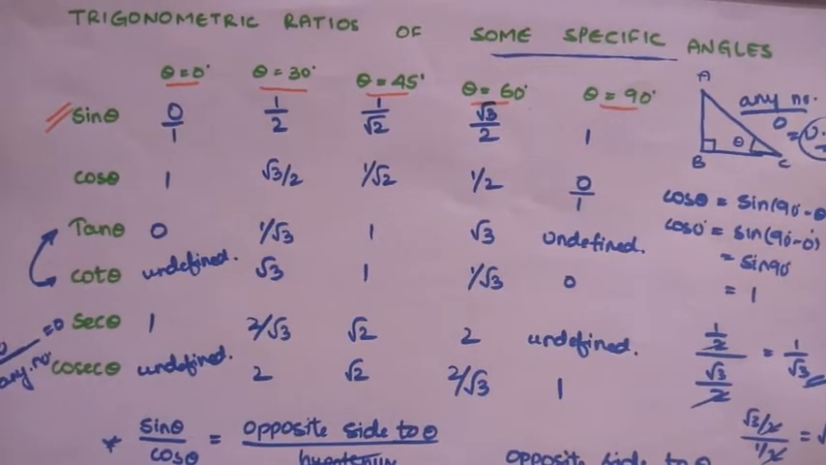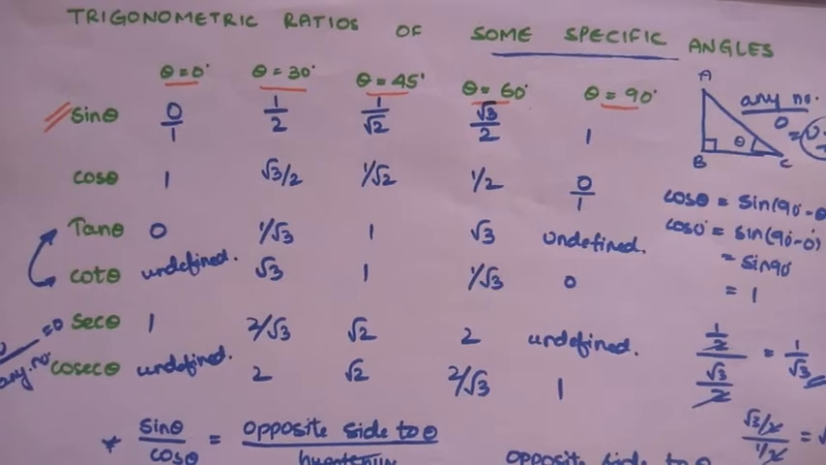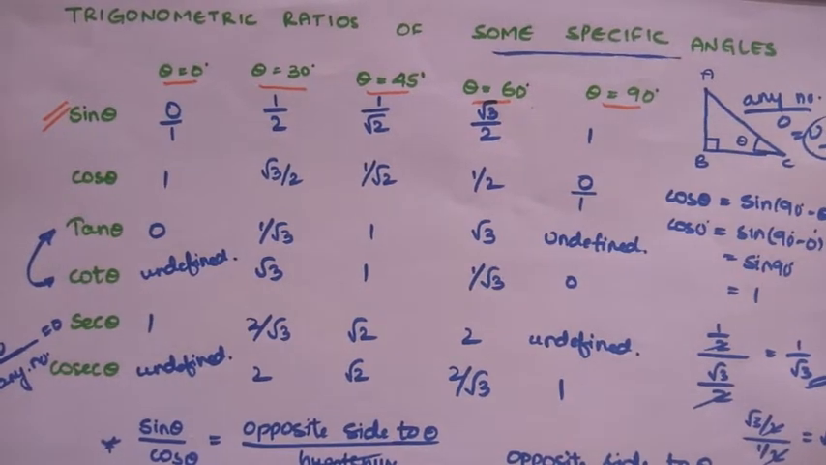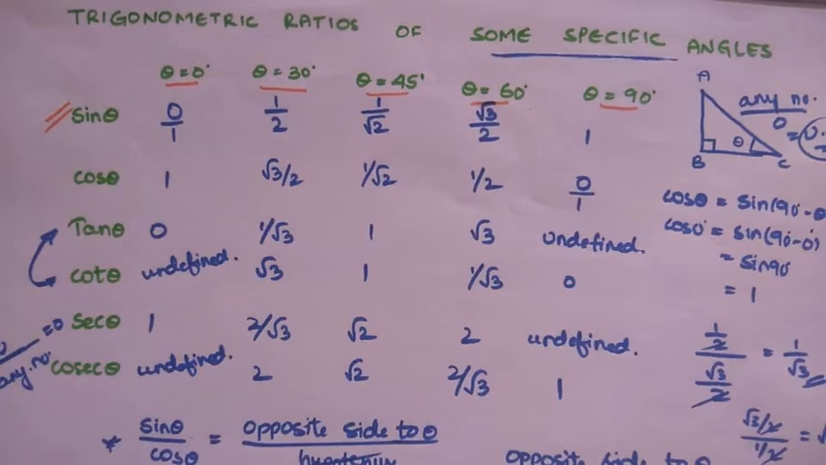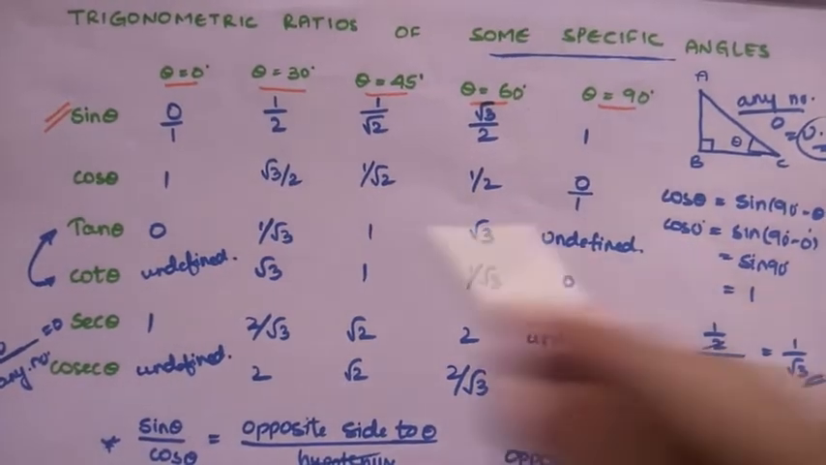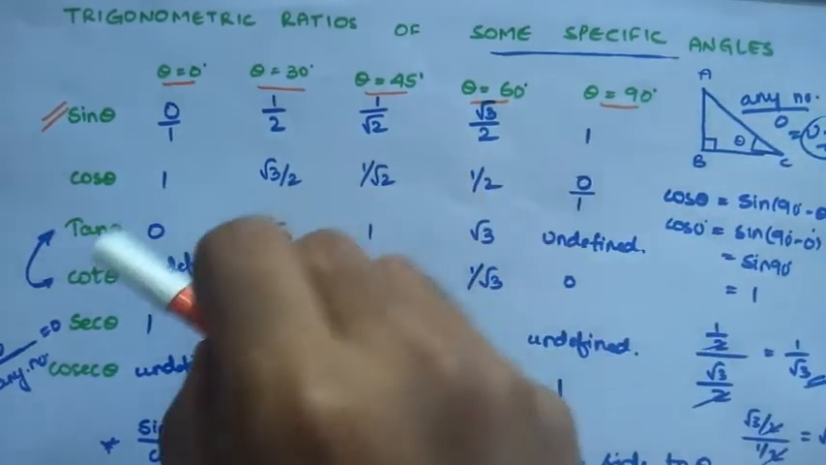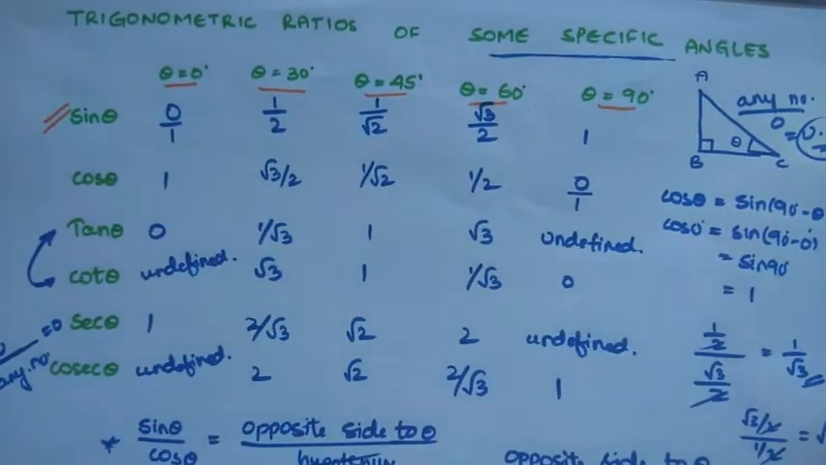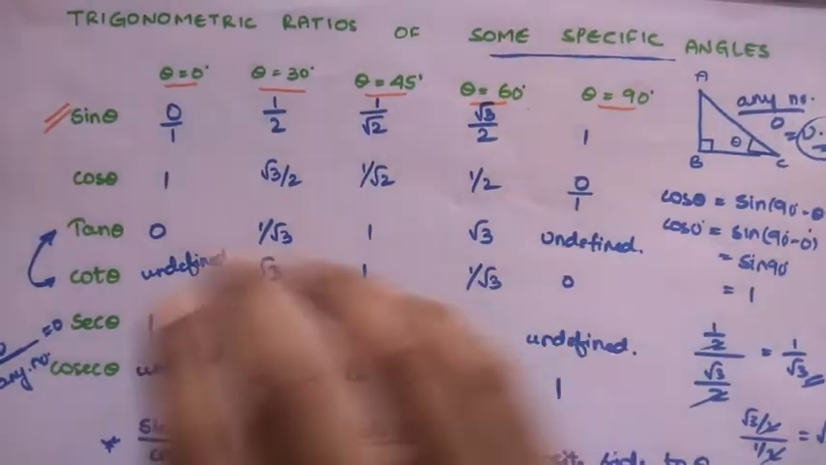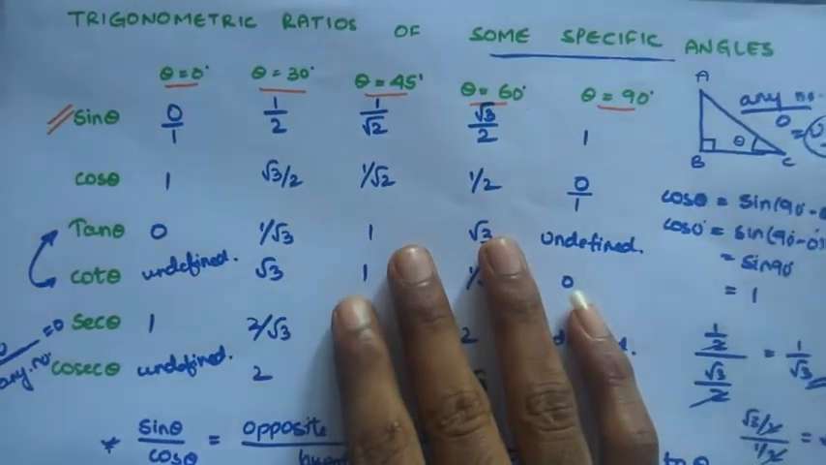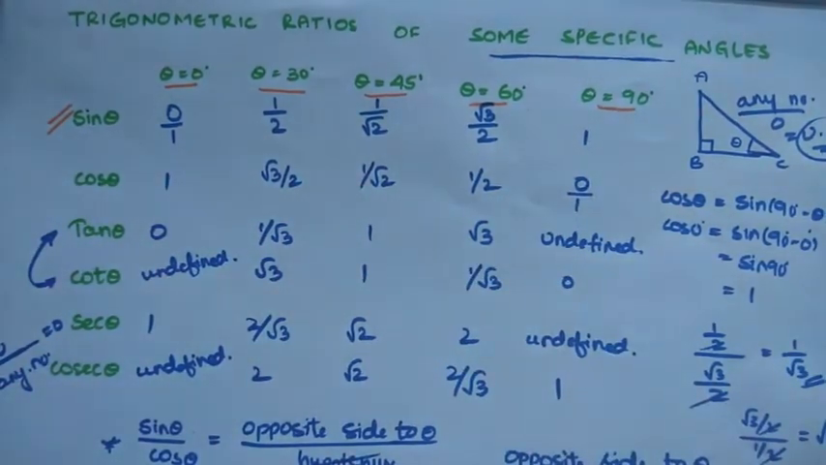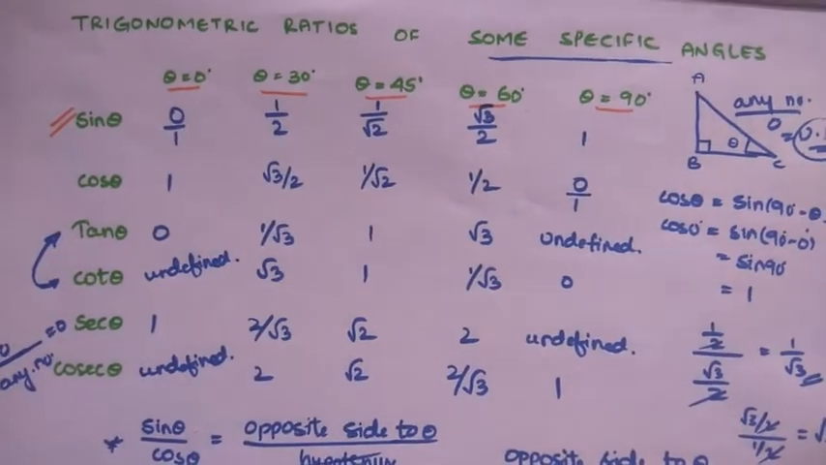In the previous video, we learned trigonometric ratios of some specific angles. For theta equal to 0, 30, 45, 60 and 90, we learned these trigonometric ratios. And remember, you need to remember all these values. So to better understand this